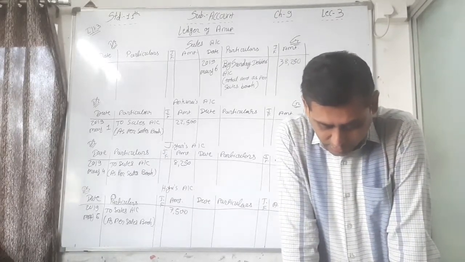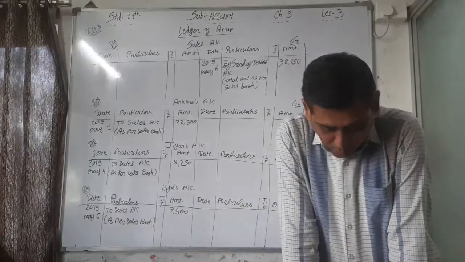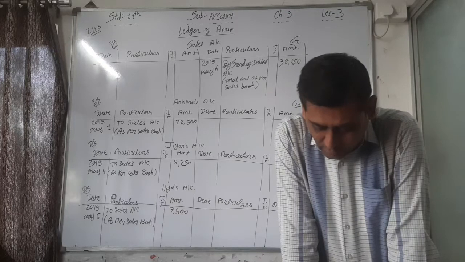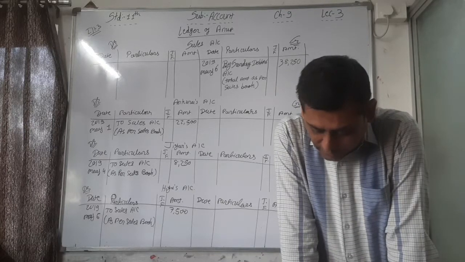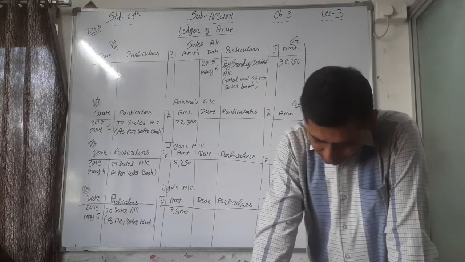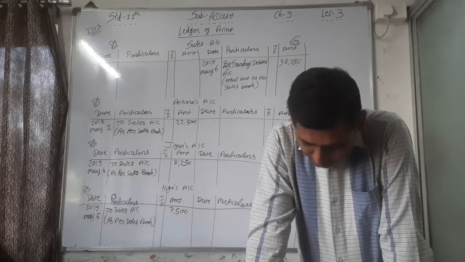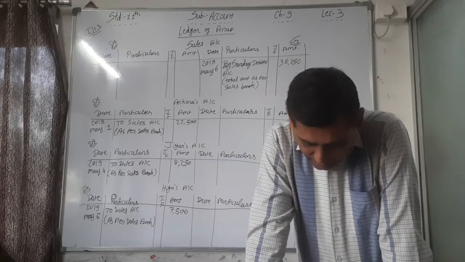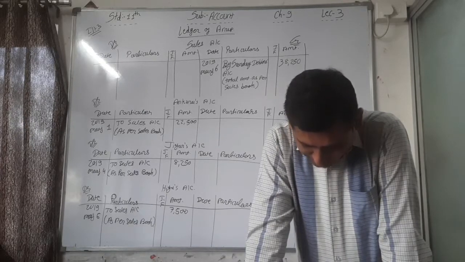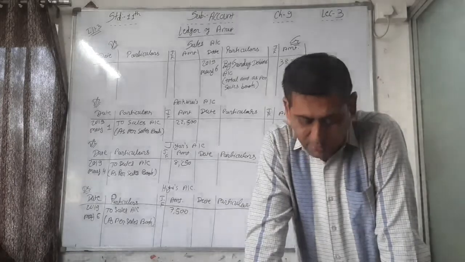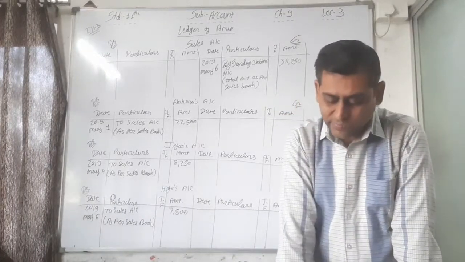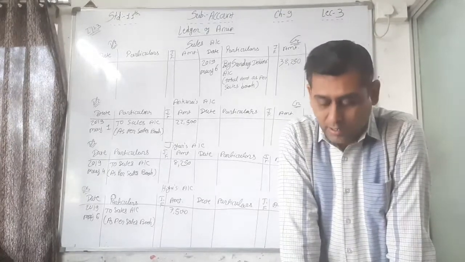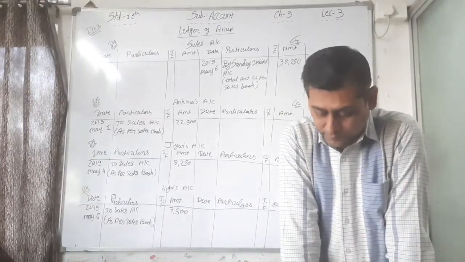See, in the last session, I told you that 1, 2, 3 questions you have to write in your fair book. Now, you have to write down 5 and 6. First of all, in the 5, write down journal entries. Then prepare the affected accounts in the ledger and make the posting.